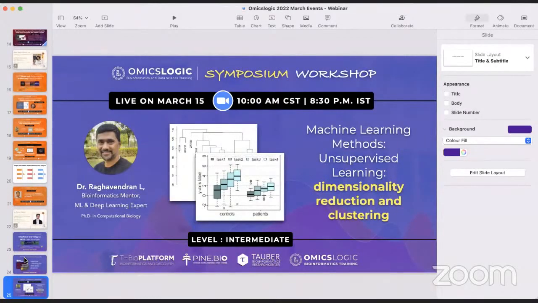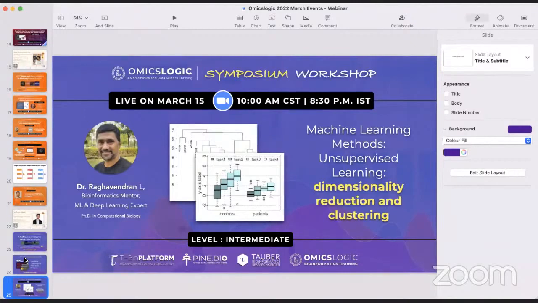So many of our research fellows who will be submitting their posters and their articles in journals will benefit from these sessions, where they could learn about dimensionality reduction and clustering techniques that are used for describing many of those research analysis results that we use in our poster presentations, in our reports, in our presentations, and